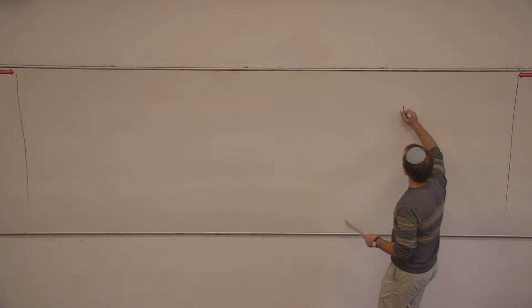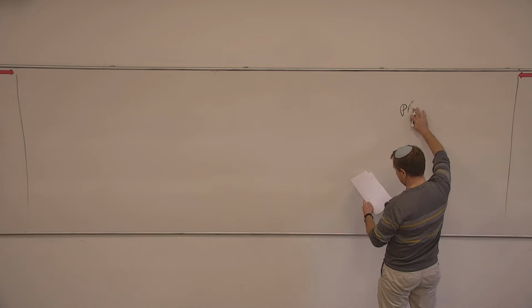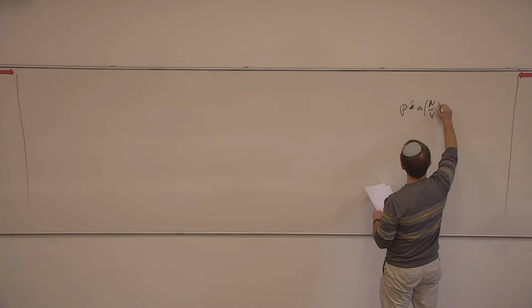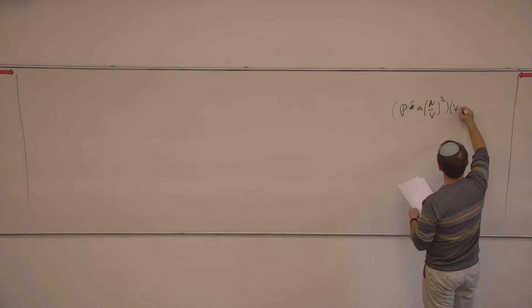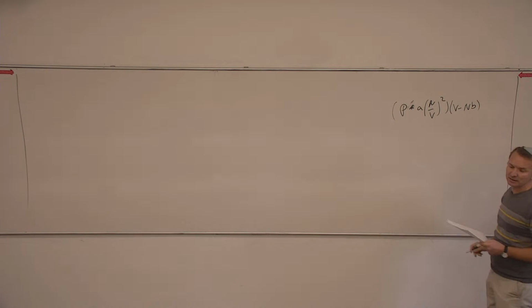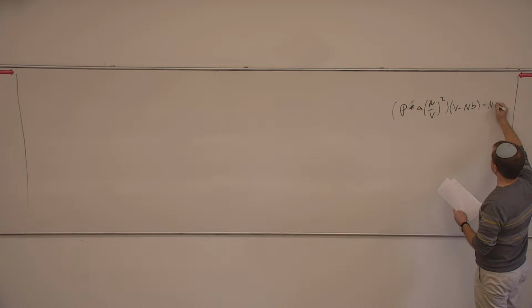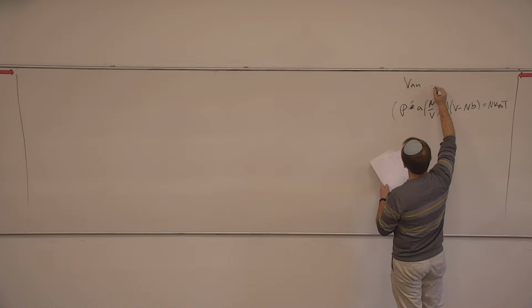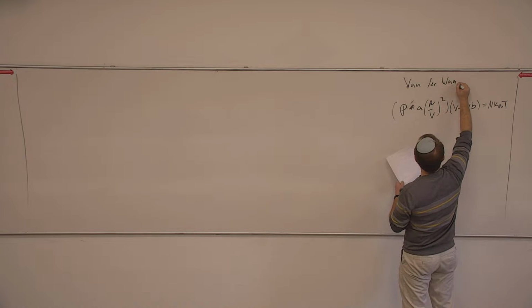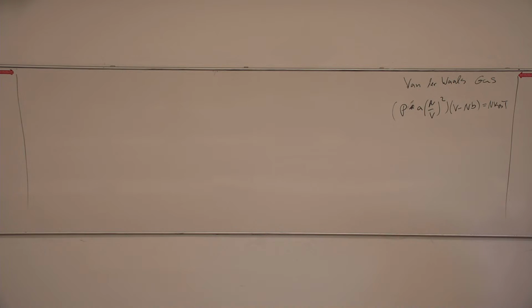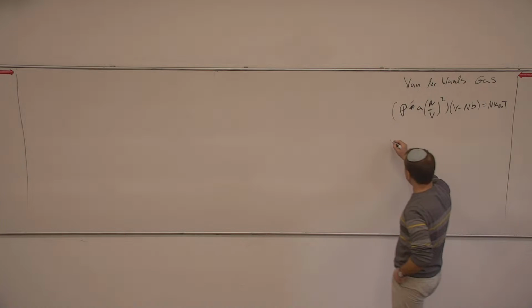So we have the equation of the van der Waals gas: (P + a n²/V²)(V − n b) = n k_B T, where a and b are some specific constants. Okay, so this is the van der Waals gas. Great. Now, we know that there is some sort of transition when we plot the